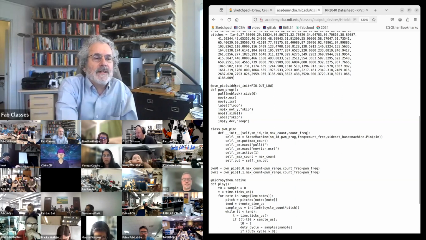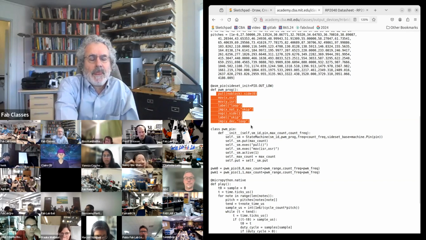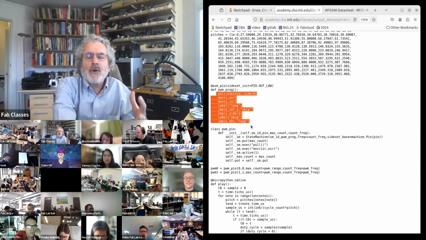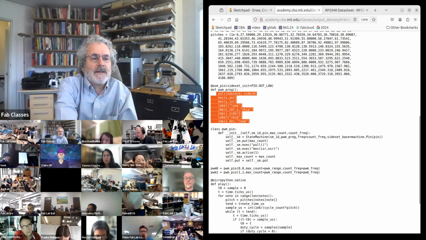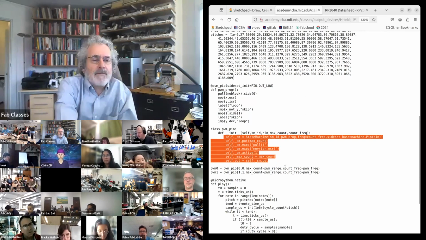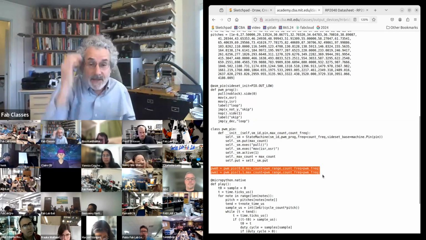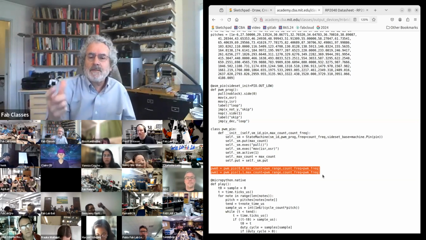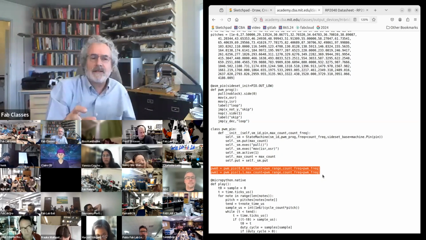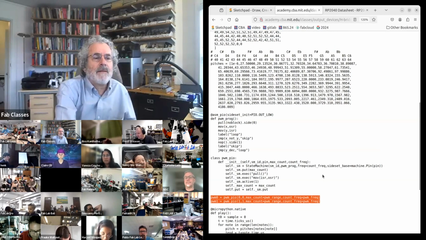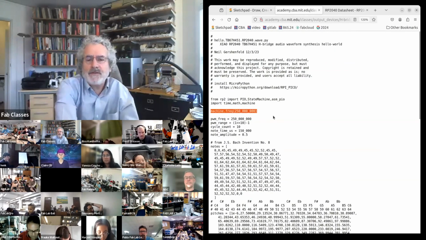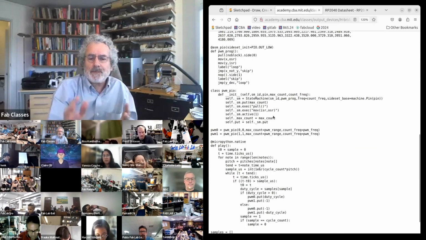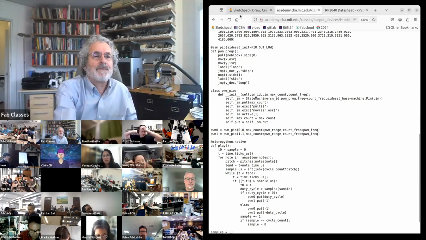But what I'm doing here is this little bit of code is a program to be a pulse width modulator. This sets it up, and then this initializes them. And so this lets me make pulse width modulators that run as fast as the processor. And I'm running the processor here at 250 megahertz. And so to pulse width modulate,